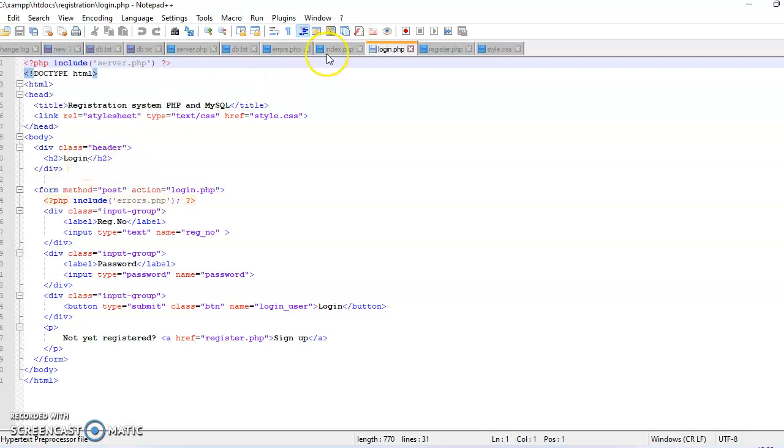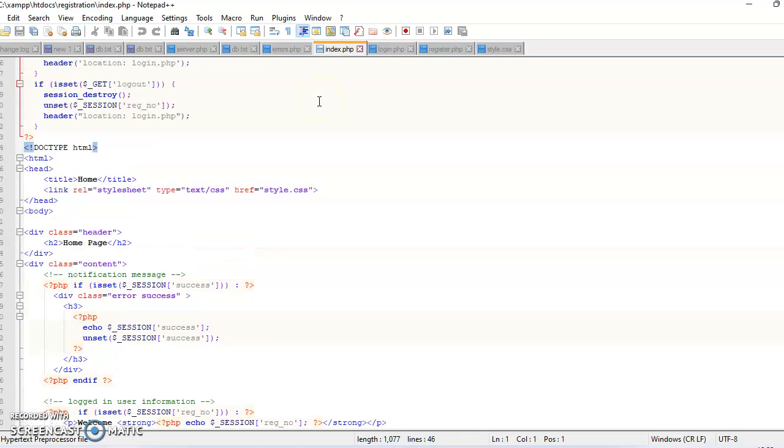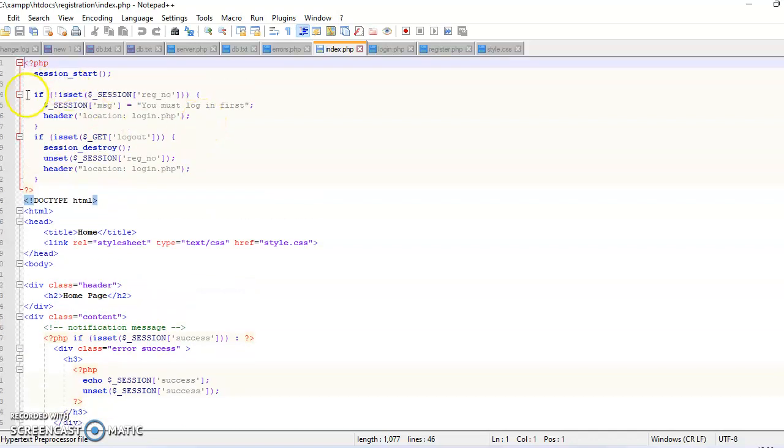So our index.php is here, which is our code, and our success message will show. So let's write the index.php file, which is here, and this is our first if statement.